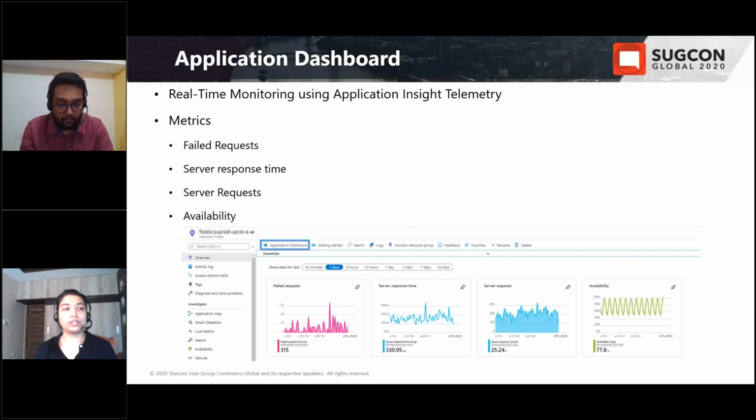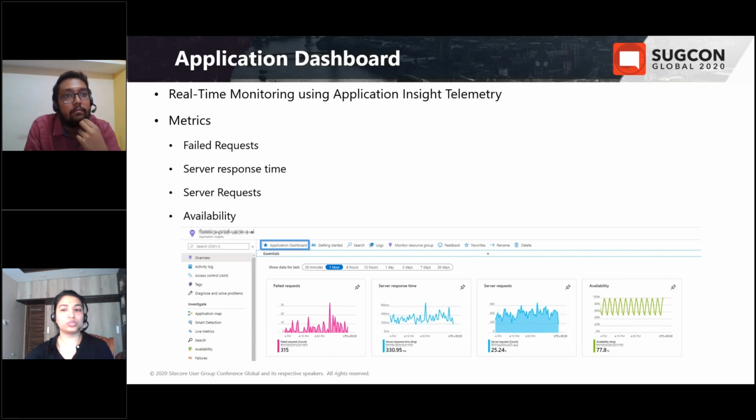As we have already explored some of the features provided by Application Insights, one more feature is real-time monitoring. It provides a real-time monitoring dashboard with some metrics added to it by default. These metrics have been generated using telemetry recorded by Application Insights.